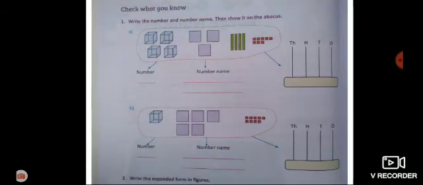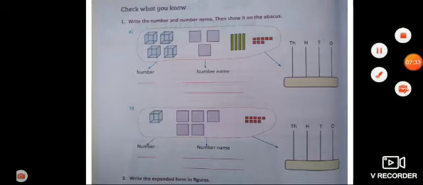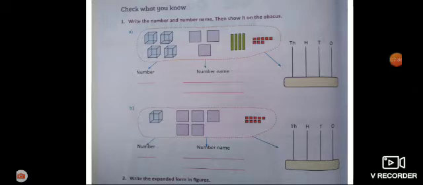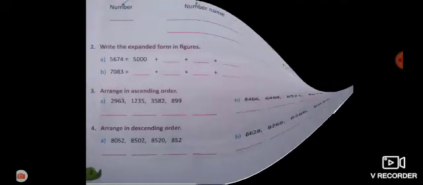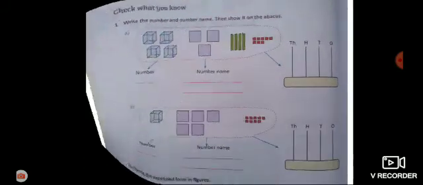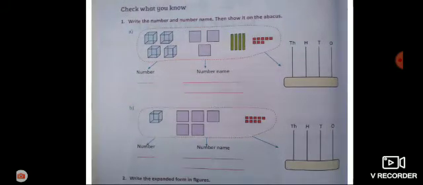Next, I'm going to check you. Now you have listened to the concept. I'm going to check you with this concept. See, this green color box represents numbers. The numbers are represented with blocks. The blue color cube represents thousands. Then the violet color strip represents 100. This is tens, this is ones. Now you can write the number. See, what is the number here?